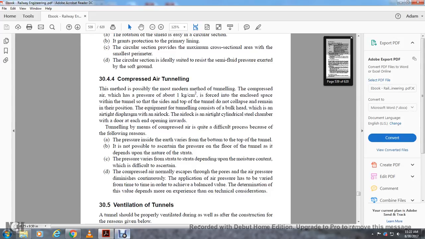The equipment of the tunnel consists of the bulkhead, which is an airtight diaphragm with an airlock. The airlock is an airtight cylindrical sealed chamber with a door at each of the ends. Tunneling with compressed air is quite difficult for the following reasons: the air pressure inside, the earth pressure at the bottom and the top of the tunnel, and the possible exertion